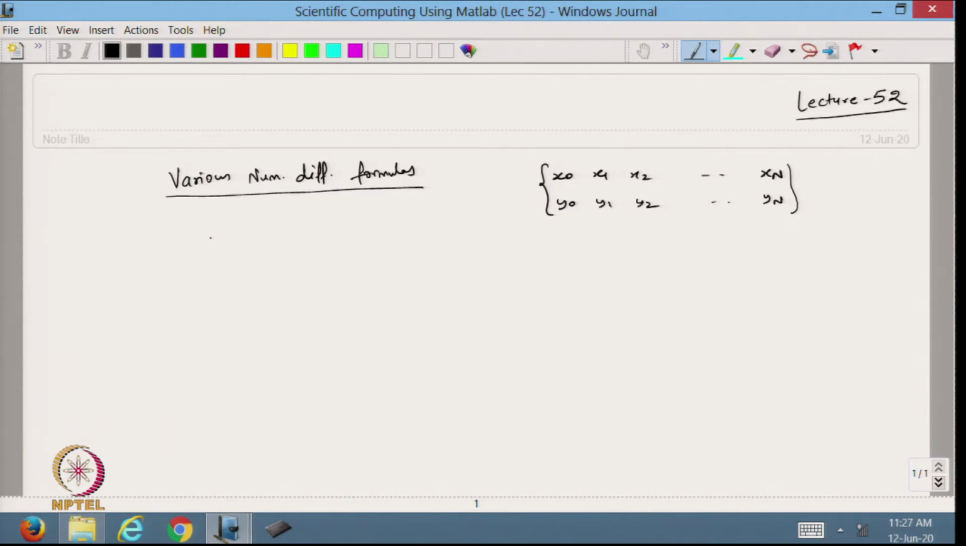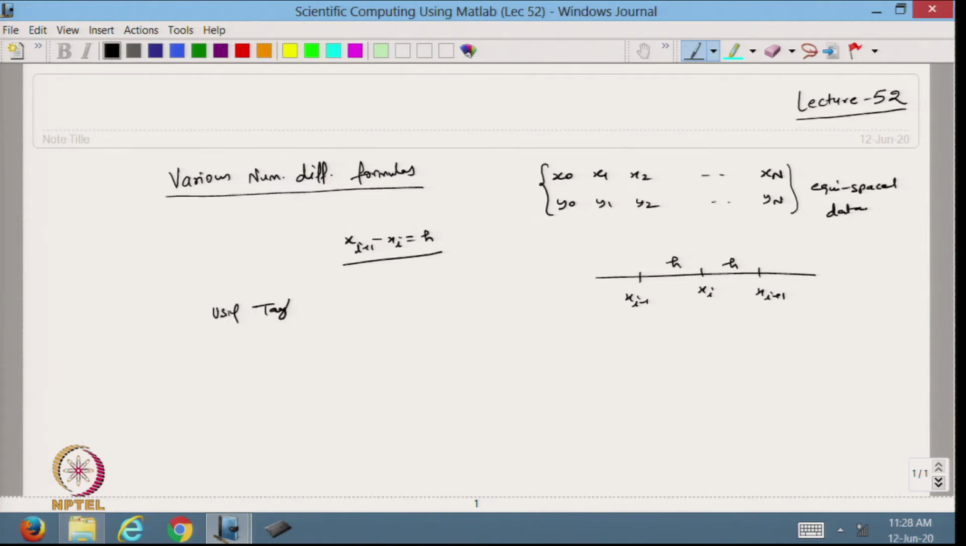Now this one we are doing, I am talking about equispaced data. So I have x i plus 1 minus x i equal to h. Now let us take, this is xi, this is x. Using Taylor series we can write